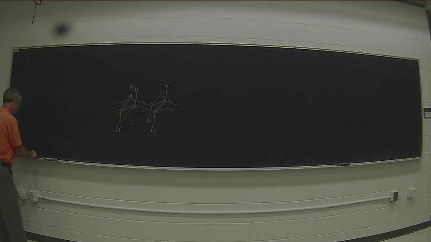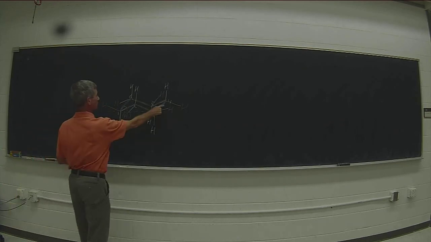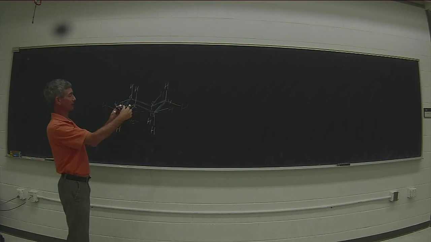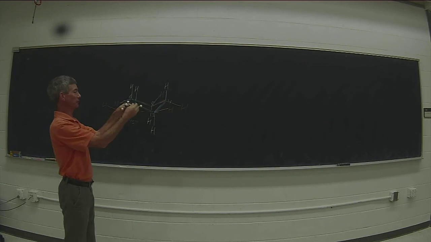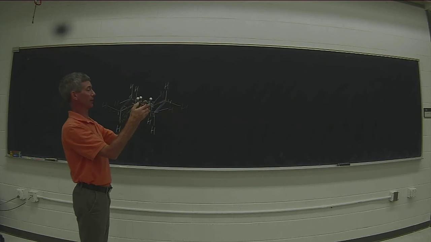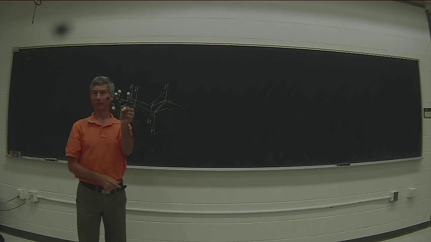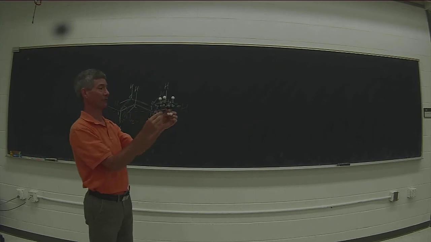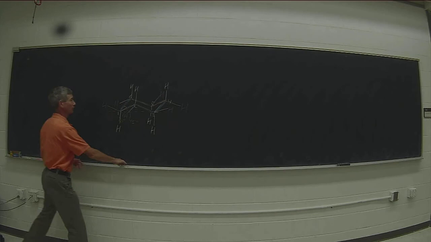Cyclohexane, though, doesn't take just that one conformation, because it was arbitrary that I chose to pull the carbon on the right-hand side of the molecule up and push the carbon on the left-hand side of the molecule down. I could equally well have decided to push the one on the left-hand side of the molecule up and the one on the right-hand side of the molecule down. And you'll notice that the difference is that now the green atoms on my cyclohexane are in the equatorial position and the white atoms on my cyclohexane are in the axial position. So the mirror image of that conformation is also possible,